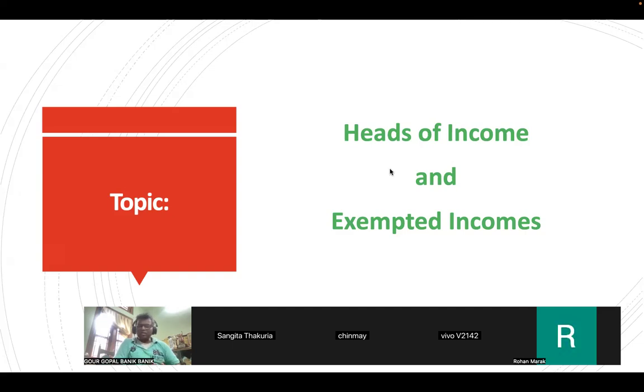The two things. Yesterday I also told you what the heads of income are and what the exempted incomes are. There are two chapters here. Income which is taxable. Taxable income is classified under 5 heads. I told you 5 heads. All of you know. And there is some income for which there is no